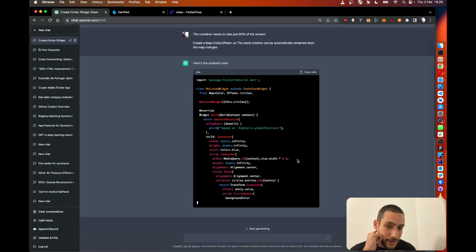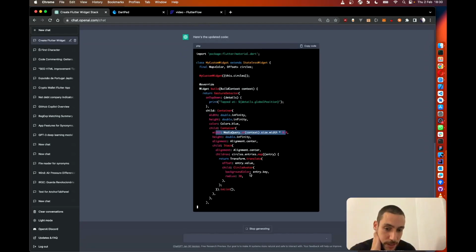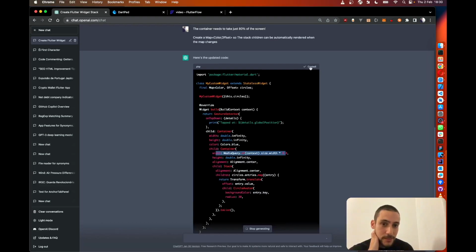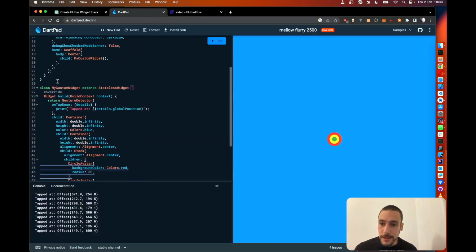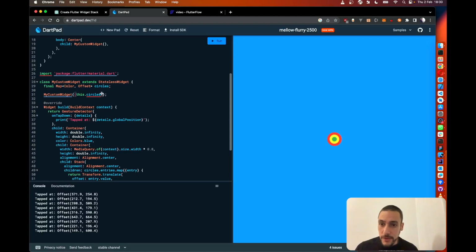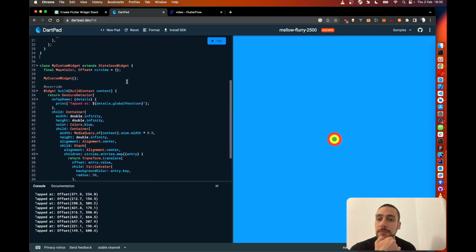And yeah, he's taking 80% of the screen in the width. Okay, that's fine. And here looks like he's already trying to render the stuff. So okay, let's try to copy this part and come again to dartPad, and let's see how it works. Okay, so right here I will delete this part and we'll put an empty map in the beginning. No, should not be an empty map. It should be something like